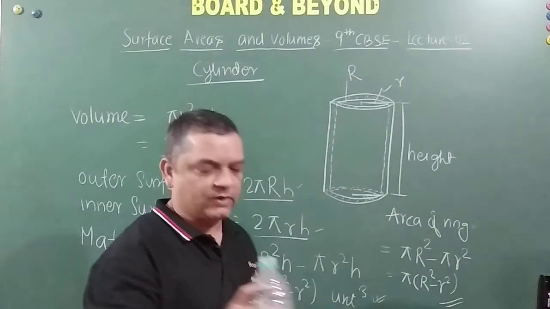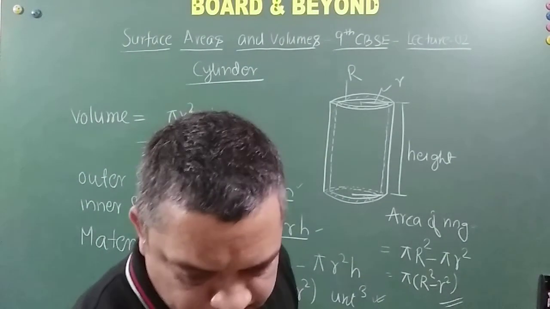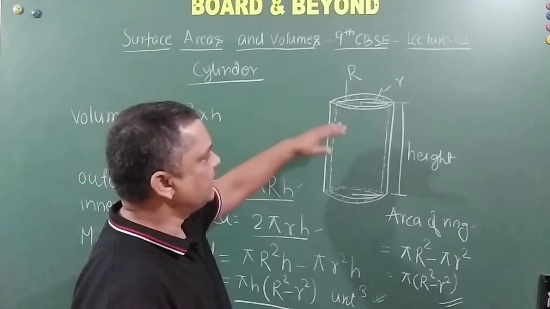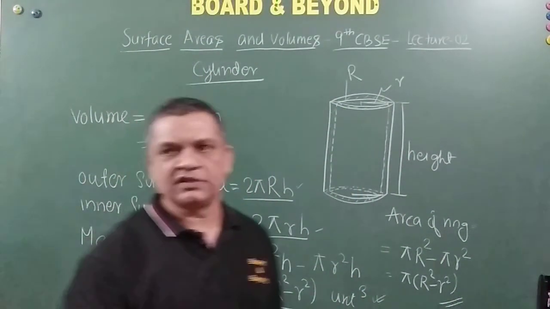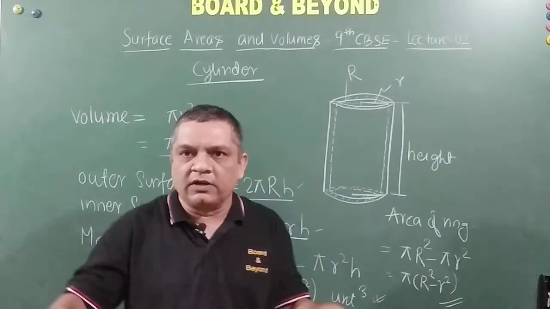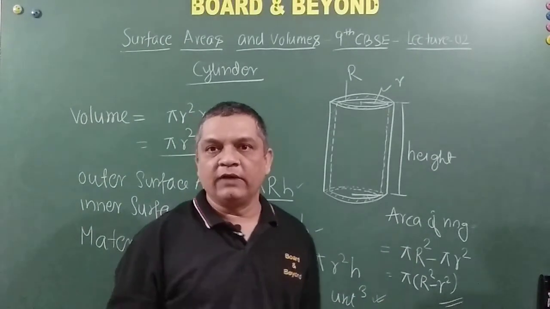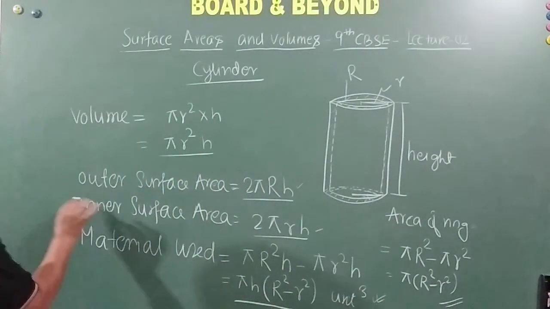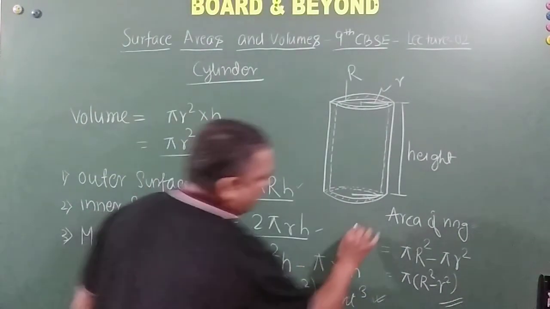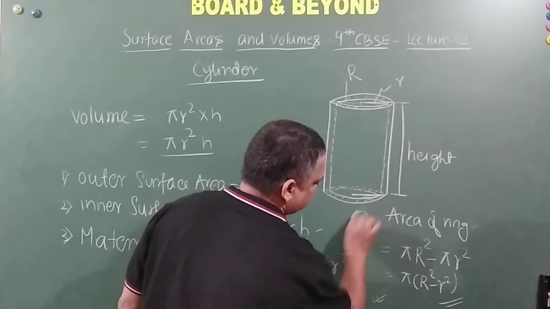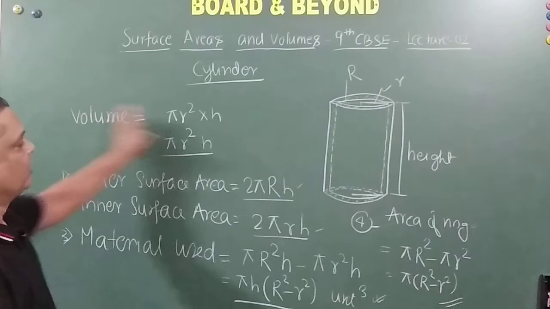There is still one more concept left. Just hold on. Let us say this cylinder is closed at the bottom. Situations will arise where the cylinder is closed at the bottom, and open at the top, right? So if it is closed at the bottom, you have to manipulate all these surfaces to find the area to be painted. This is 3 and this is 4, right? So 1, 2, 3 and 4 you will have to manipulate, right?